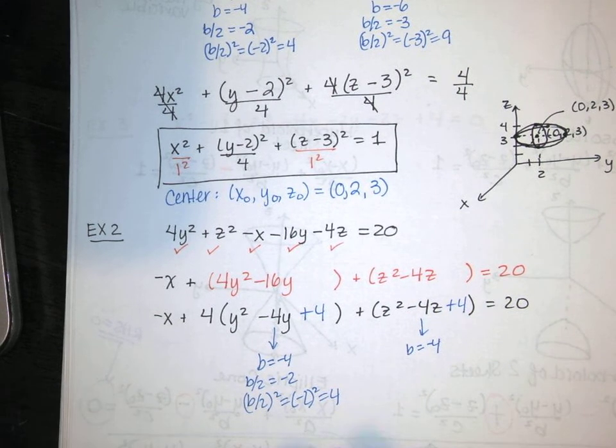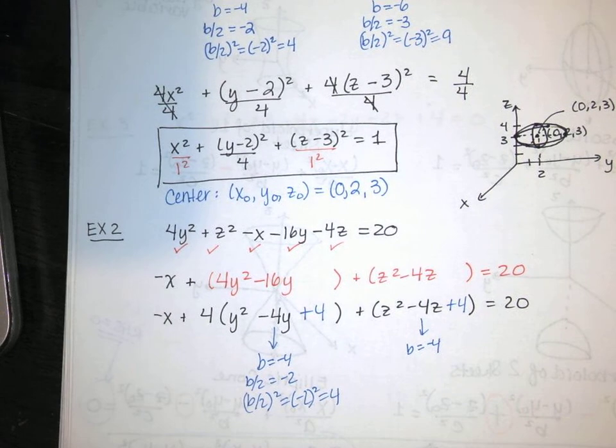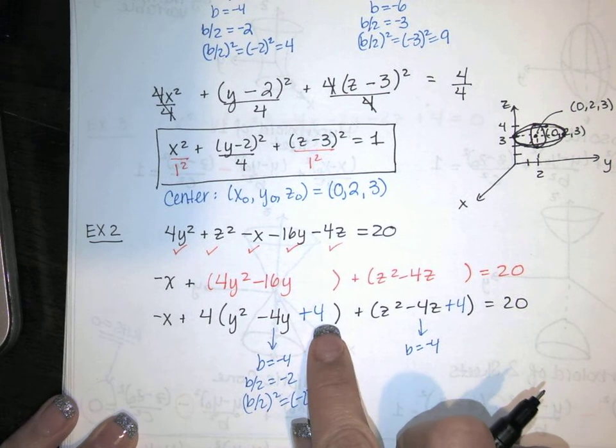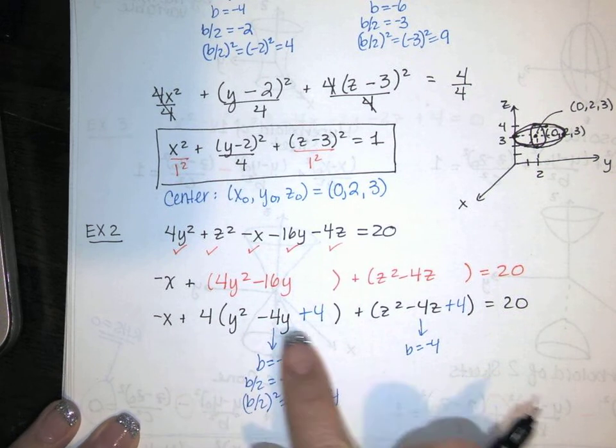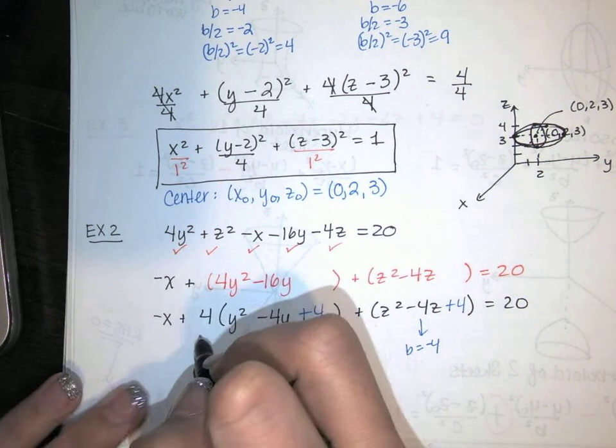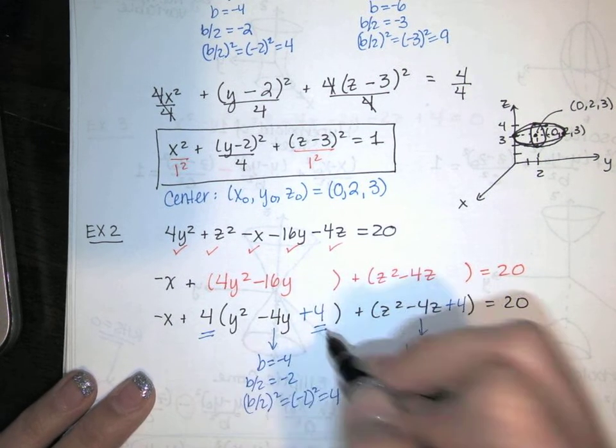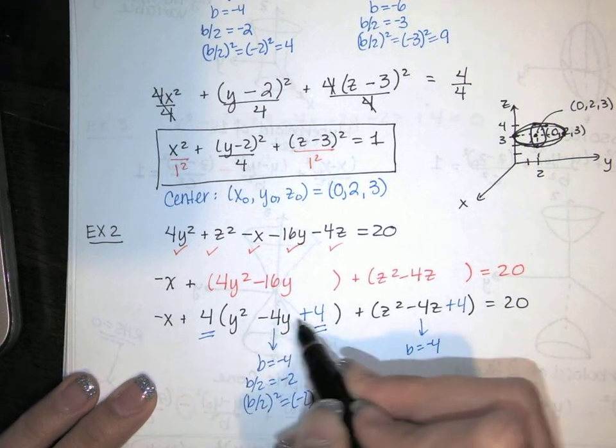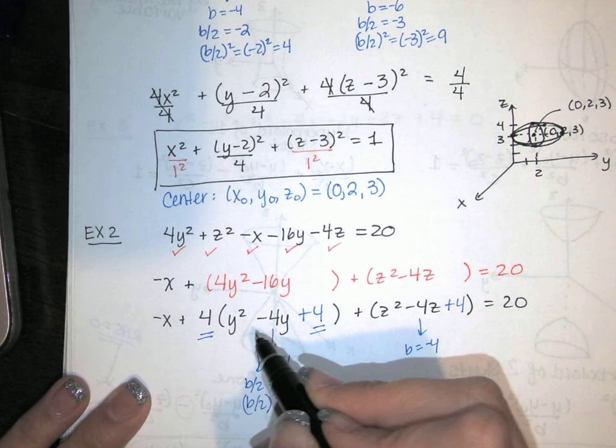Now make sure you're doing the same thing to both sides. I just changed this equation. This is not even equal to this anymore. So I've got to compensate for what I did. That 4 did not add a 4 to the left-hand side. It added a 4 times 4. So I added a 16 to this side, a 4 times 4 to this side when I put that 4